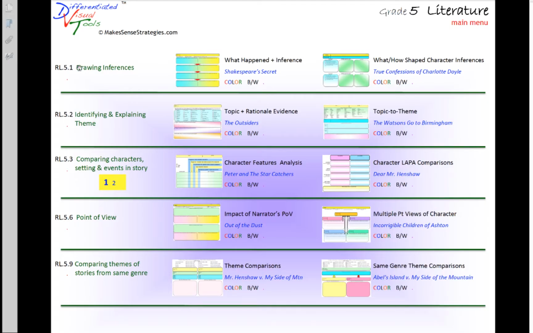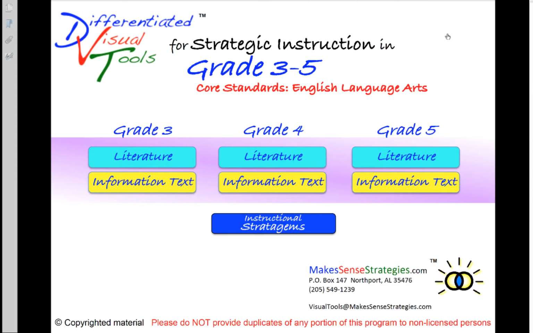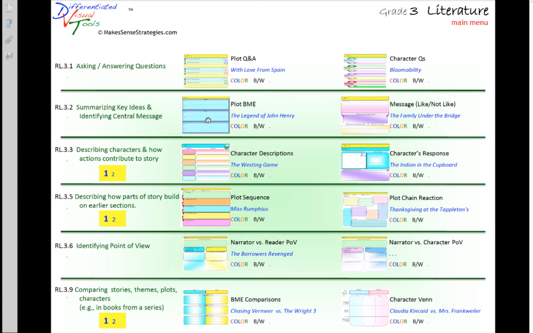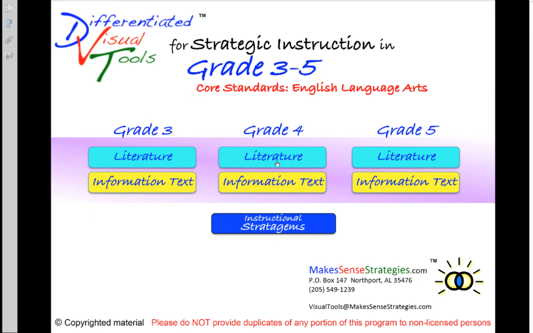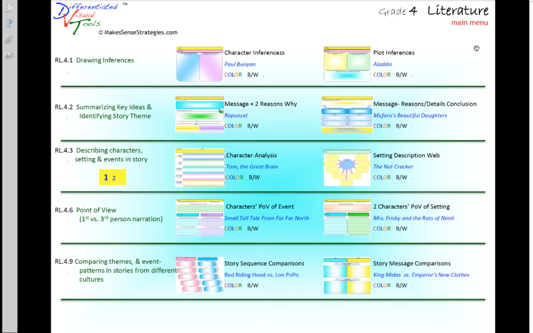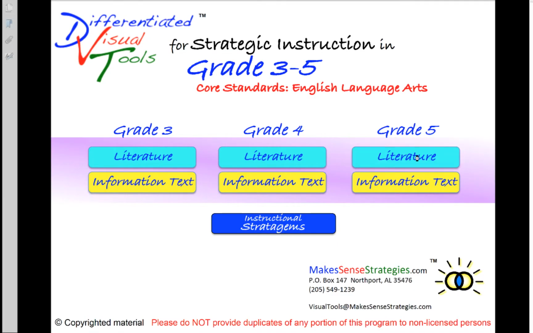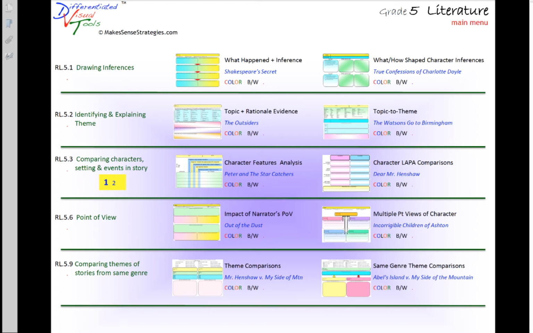And as you might have noticed, as we move through the grade levels, these DVTs gradually get more and more sophisticated. What's important to understand is that you may have some students in 5th grade that are working on identifying the theme in a story and explaining the theme, while at the same time you may have other students also in 5th grade that are really working more on a 3rd grade level. And so these might be appropriate for some of your students in 5th grade. You may have others that are a little bit closer to the grade level, as well as you may have some more advanced learners that are working on the 5th grade level. So you can move from grade to grade in order to pick the DVTs that best match the developmental needs